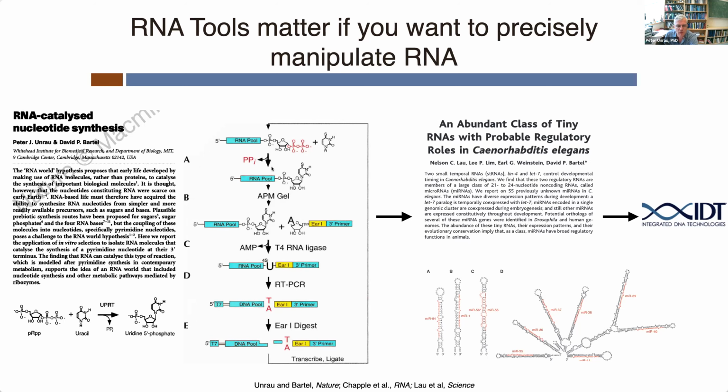So while I was a postdoc, we figured out how to adenylate DNA oligos. And in this way, I could ligate DNA adapters onto the end of my in vitro selection pools. And then when I reverse transcribe these pools, I could actually mutate these pools all the way down to the very 3' end of the pool, and then this way sequence RNA molecules that had functionality all the way down to their 3' end. And this was used by Nelson Lau to clone and sequence the first large set of microRNAs before there was high throughput sequencing. And you can still buy these kinds of adenylated oligos from IDT.